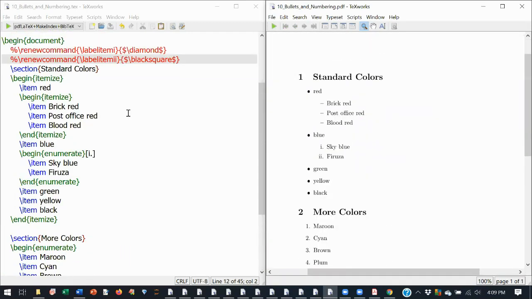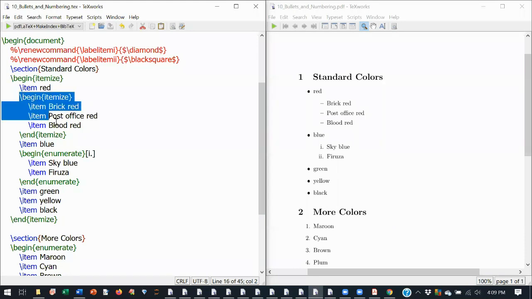So you see, I have started with itemize. Itemize means it will create bullet style. Okay, it will create bulleting style. And inside the itemize I can have another itemize, so that it will create a sub list. We have the main list, and inside that if I put another begin and end itemize, you will get a sub list inside this.